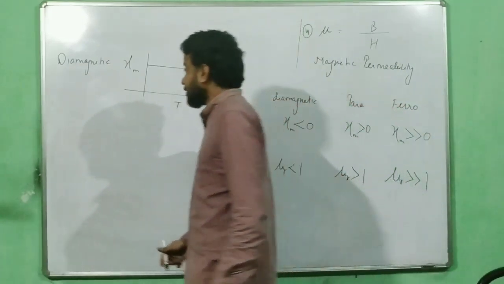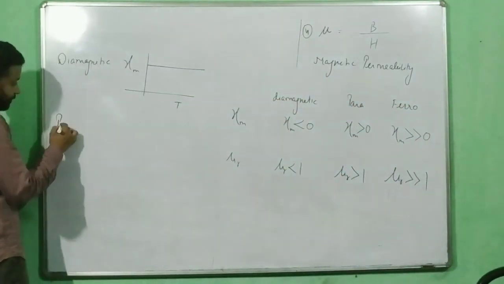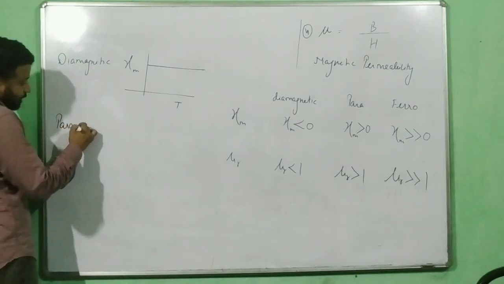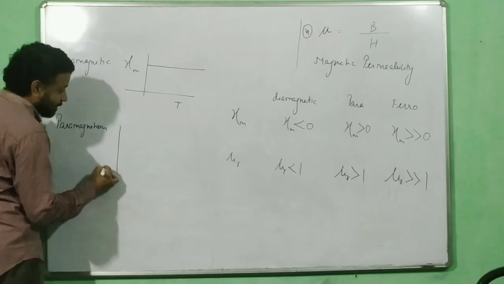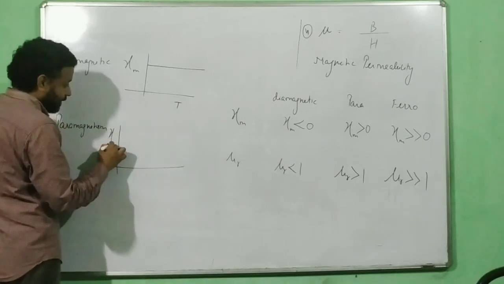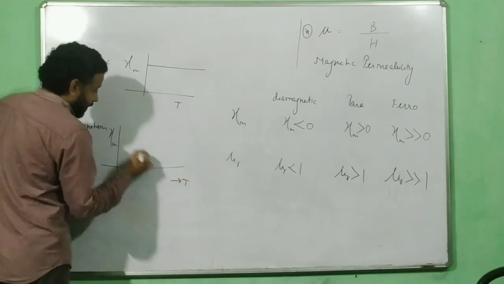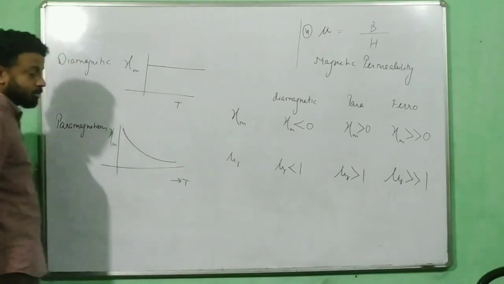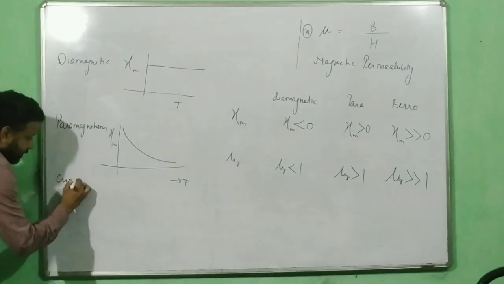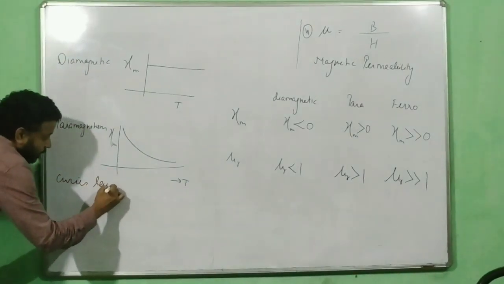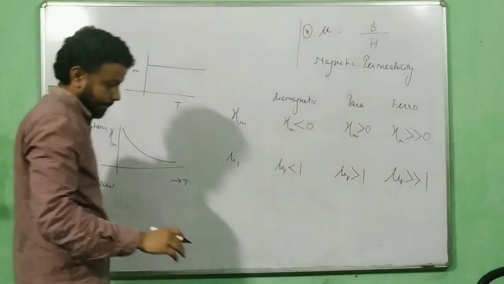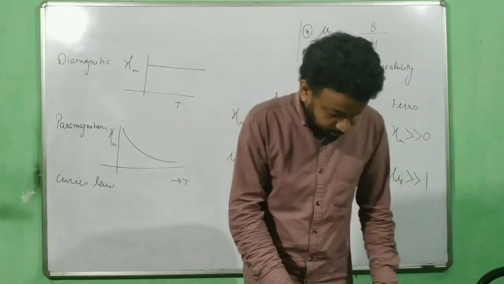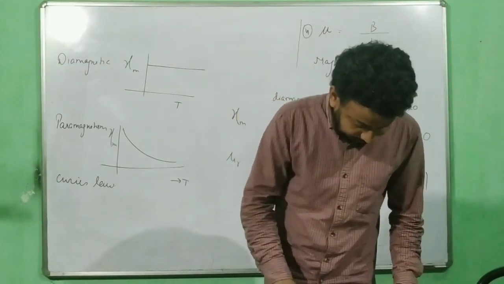Okay. Then we have paramagnetism. Paramagnetism is governed by Xi versus T. It is governed by Curie's law. Who is governing this? Curie's law. What does Curie's law say? Curie's law says that